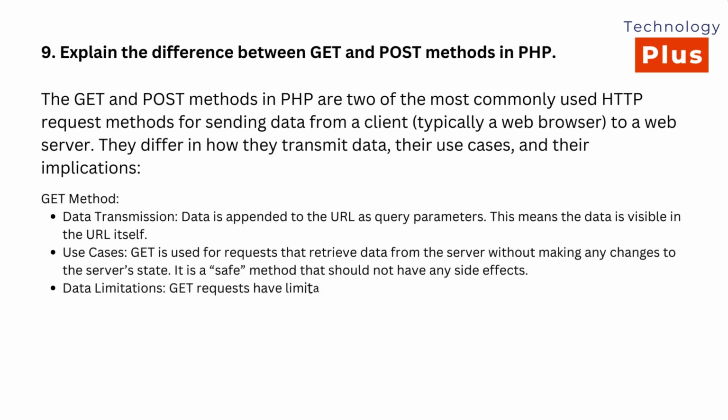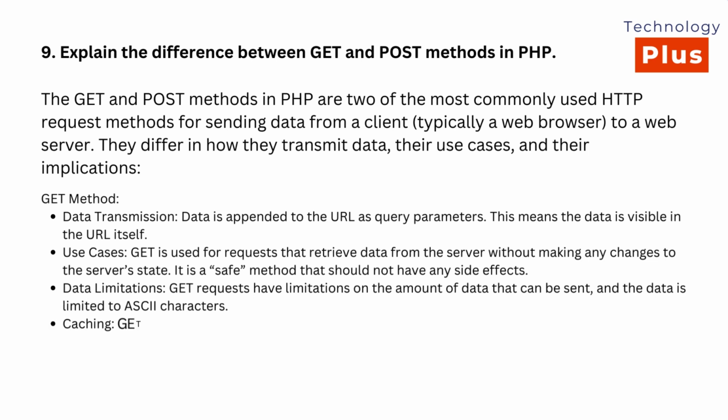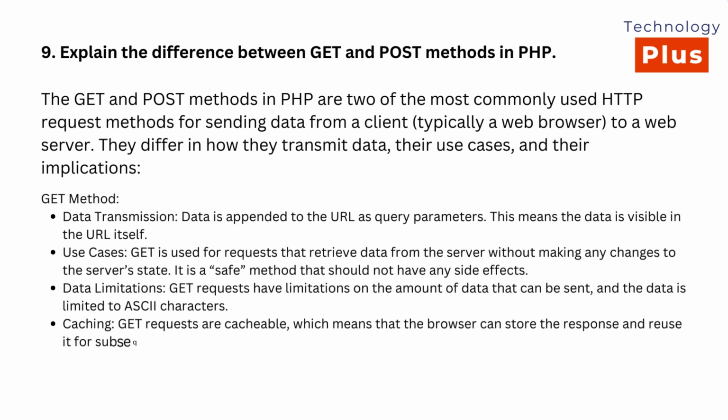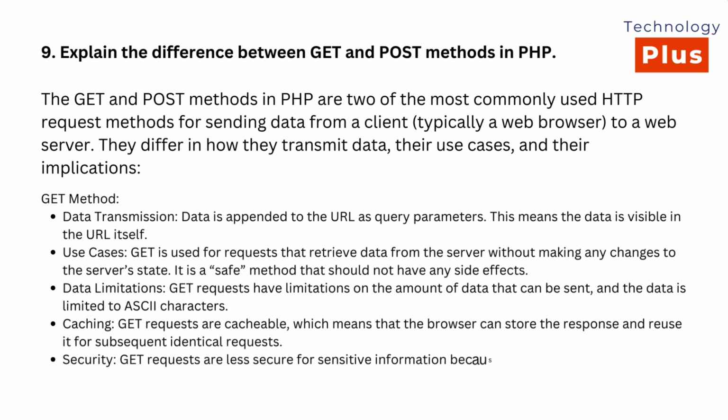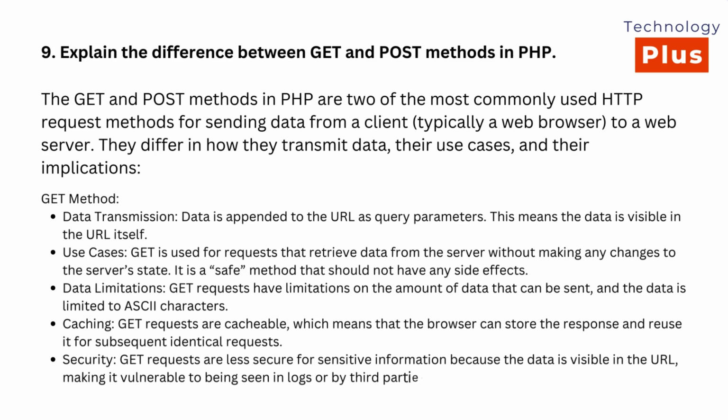Data limitations: GET requests have limitations on the amount of data that can be sent, and the data is limited to ASCII characters. Caching: GET requests are cacheable, which means that the browser can store the response and reuse it for subsequent identical requests. Security: GET requests are less secure for sensitive information because the data is visible in the URL, making it vulnerable to being seen in logs or by third parties. Example: